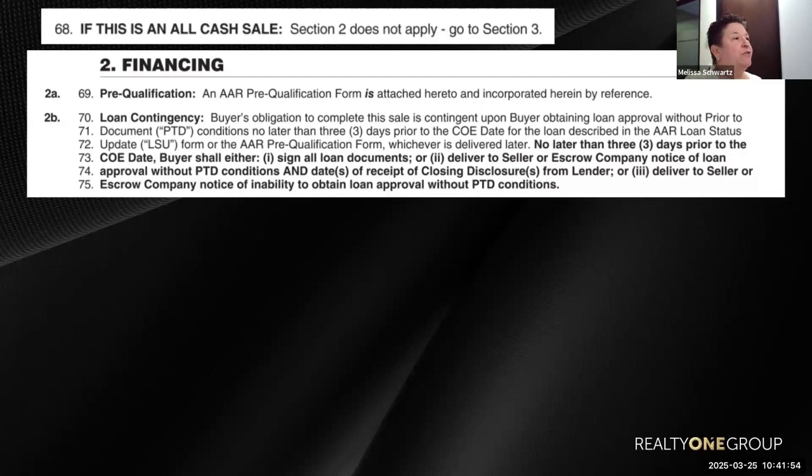So if you go from cash to financing, well, I don't know that I have the doc where I can show this, but the challenge with that is, they can go to financing because that's fine, but they have no financing contingency. They have no appraisal contingency. So you can't all of a sudden re-add your financing section. If you notice, actually, this is a perfect place. If this is an all cash sale, section 2 does not apply. So if you want to say all of a sudden, I'm going to get a loan on this, that is